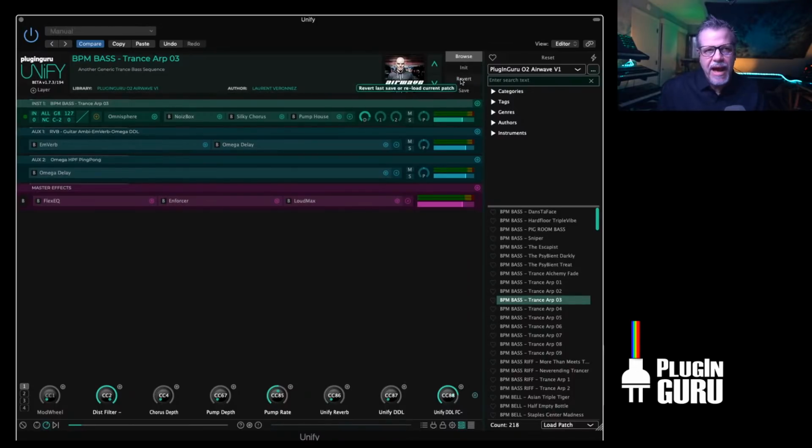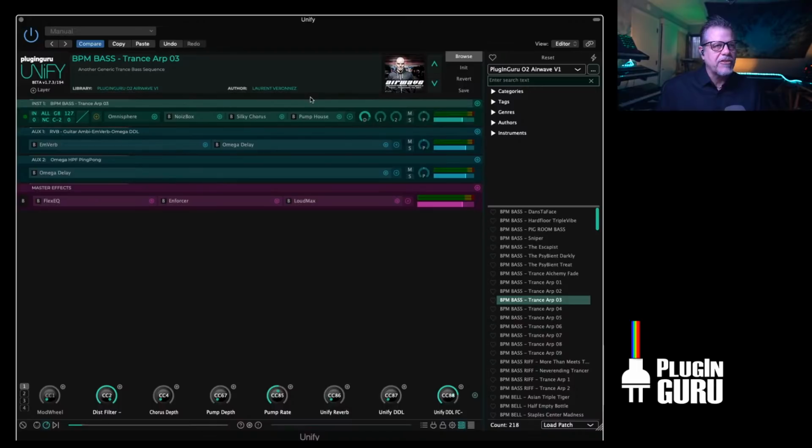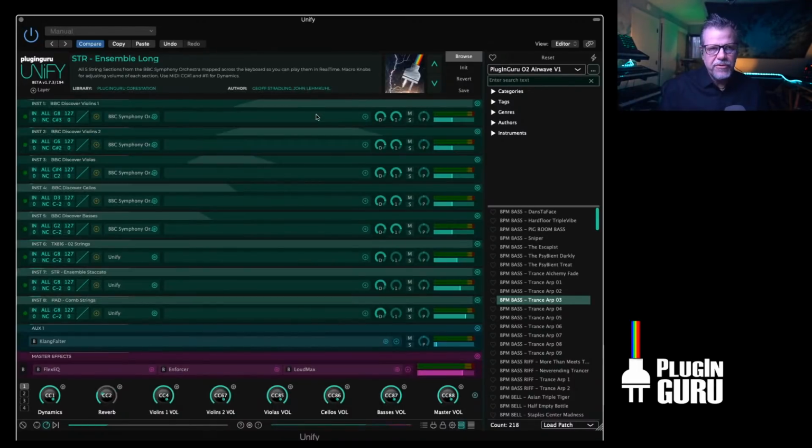One cool thing that we have is if you right click on revert, it keeps track of everything that you've changed. If you've made an edited patch and changed patches, we automatically save it. So I can actually click here. If you happen to own Core Station, Hans Zimmer's Zebra,